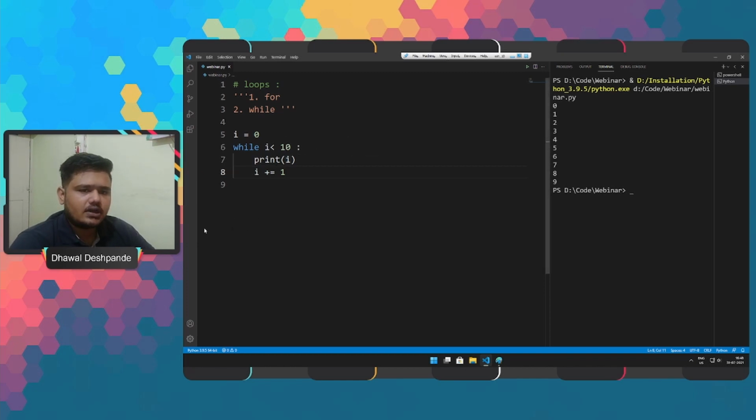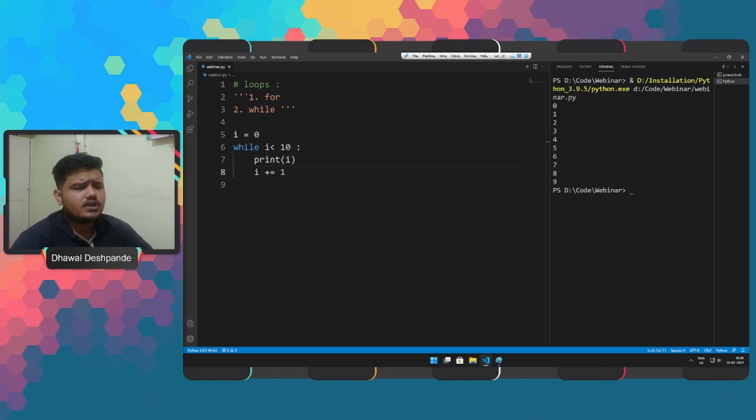As we have understood the break statement with the for loop, that is how the break statement will work with while as well, right? If we come across a specific value or a specific condition and we provide a break there, the while loop will break its flow and provide us with an output. So these are the basics of for loop and while loop that we should understand in Python.